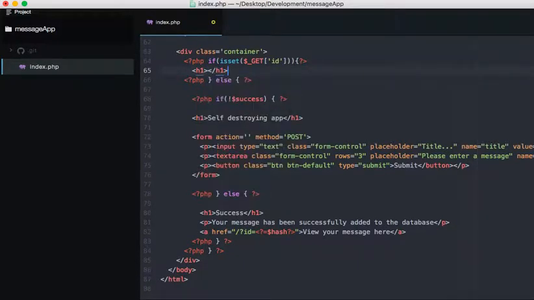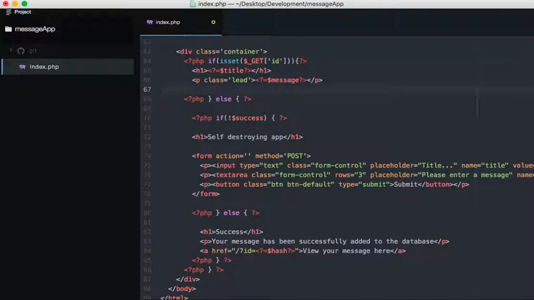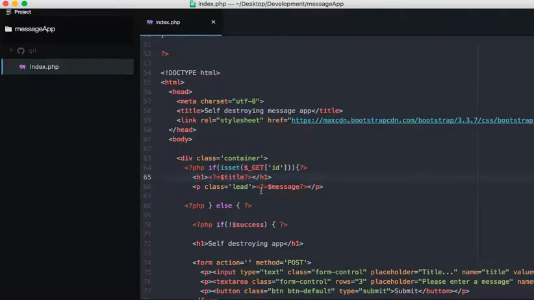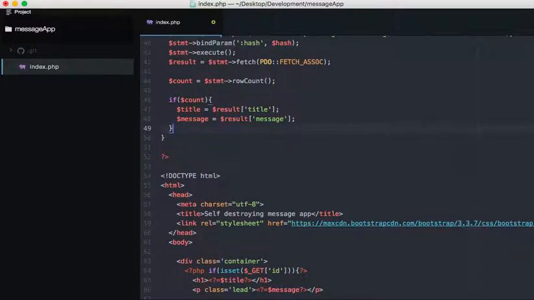So let's just say h1, and for those of you that haven't guessed yet, this right here is a shorthand of just doing this. I should have told you that a little bit earlier, but better late than never, I suppose. Class equals lead. That's just something that comes through from Bootstrap from the file that we pulled in earlier, and I'm just going to say message, and then let's just leave it at that for a second. So what I'm doing is, if it's set the hash, then let's just return the title and the message. So here, otherwise, what I'm going to do is